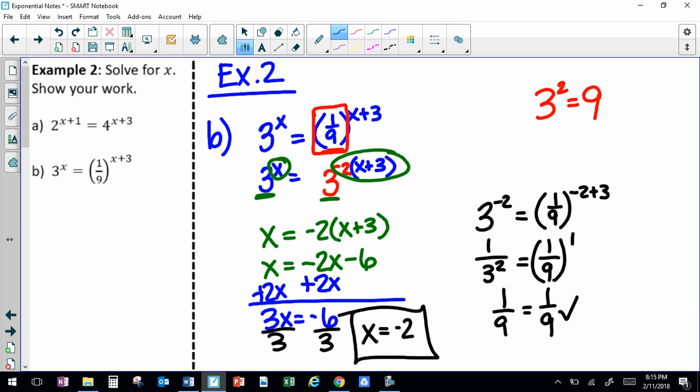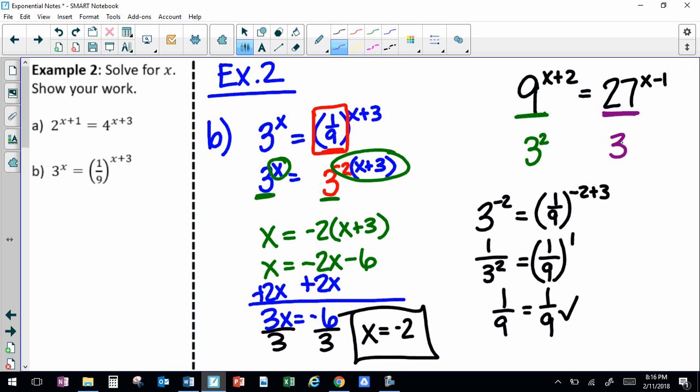Okay. So if you don't have the same base, then pick one or maybe both of them. So if I had 9 to the x plus 2 equal to 27 to the x minus 1, okay? Well, then both of these would have to be changed because I can't make 27 9 to some power because 9 to the second power is 81, so I'm already not even at 27. But I could change the 9 to 3 squared, and I could change the 27 to 3 to the third